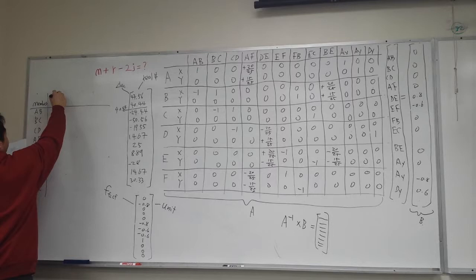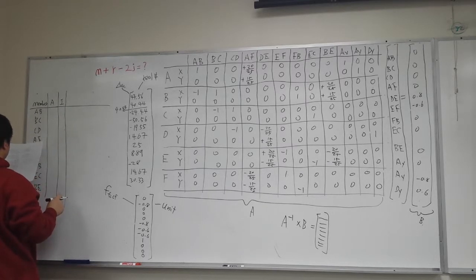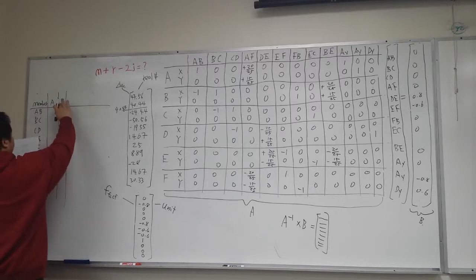And you're going to have a column called A, which is area, E, not I. A and E,